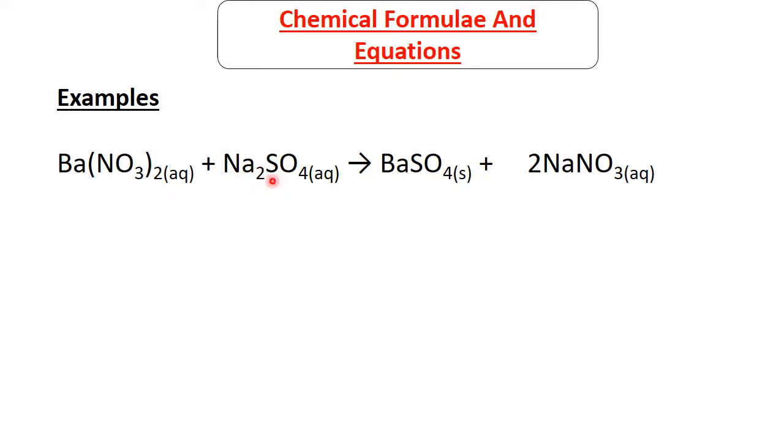We go to sodium. We have 2 sodiums here, and on this side, how many sodium? 2. So balanced. Sulfur, S. How many sulfur do we have here? We have 1. There is no number here or here, so sulfur is only 1. And when you go here, sulfur is 1. So this is balanced. Once it's balanced, you